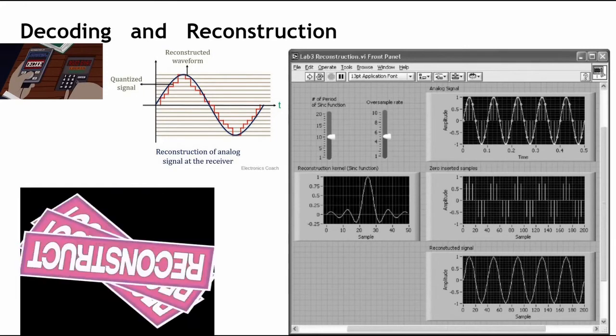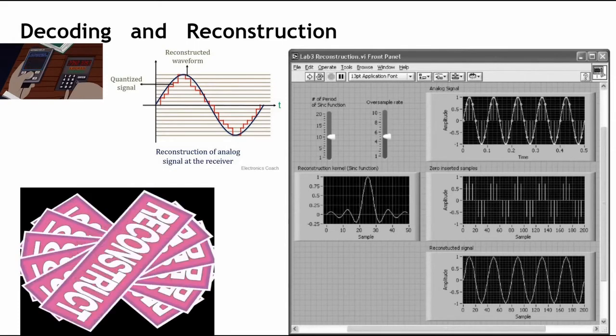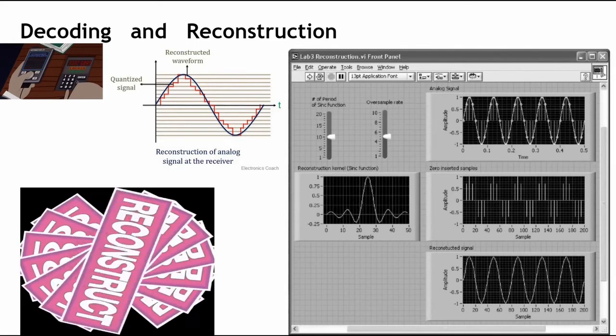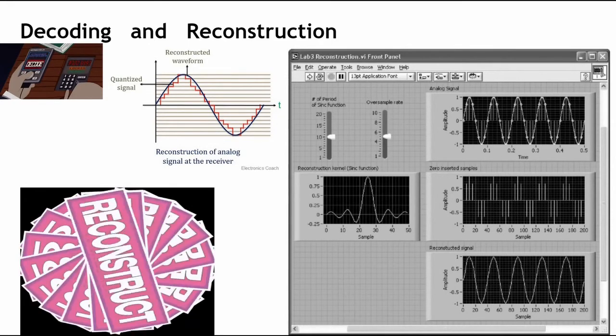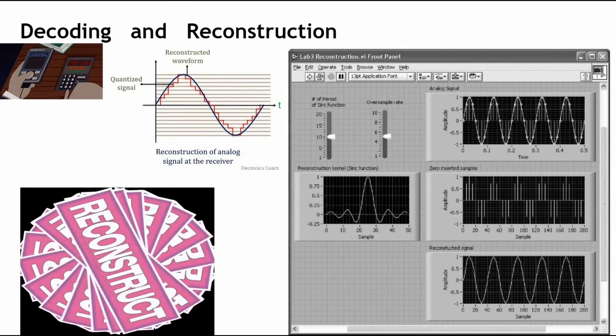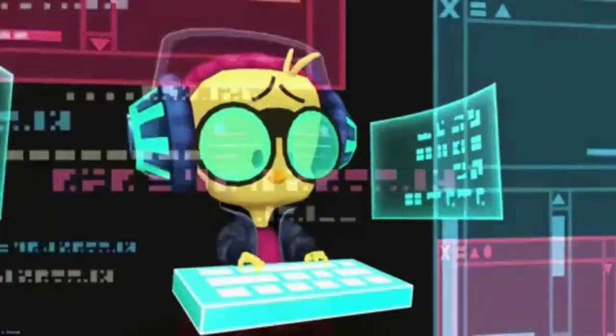A perfect message reconstruction is hence impossible in PCM, even when the channel noise is absent. The sampling, quantization and encoding introduce permanent errors that appear at the receiver as quantization noise in the reconstructed message signal. You can see the decoded signal and the reconstruction signal in the figure shown.